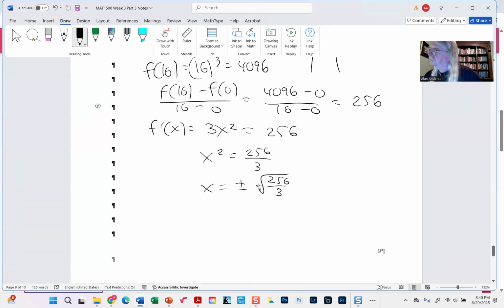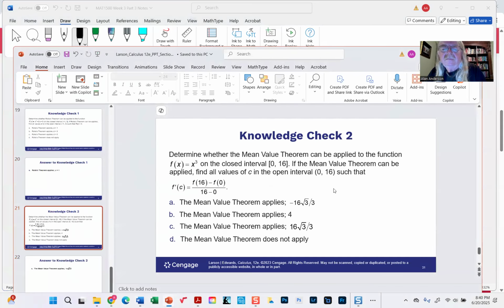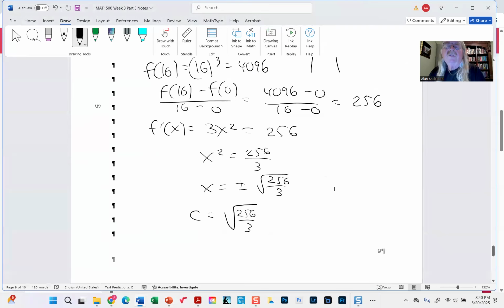So the c, as they're calling it, it looks like they've simplified it a little bit. Let's see. How do we simplify this? So this could be rewritten as,